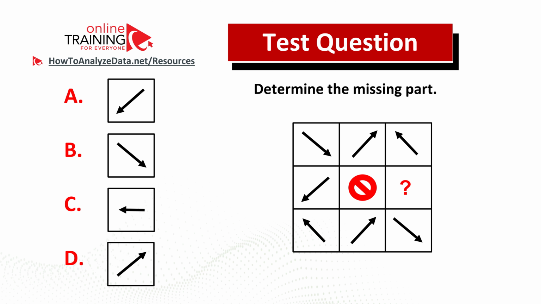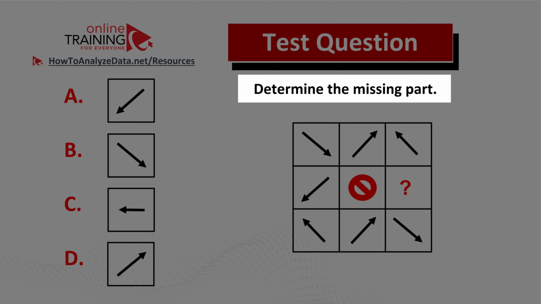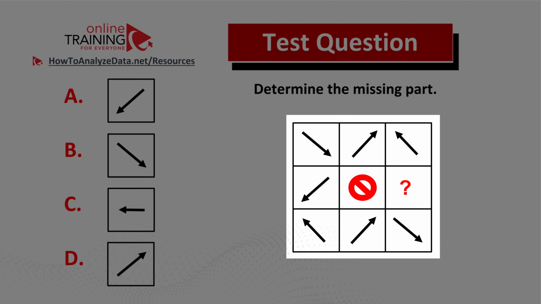Some of you might find this question tricky, but regardless of whether you can solve it or not on your own, you will be excited to learn the solution to this real-life assessment test question. Here's the question. Determine the missing part. And you're presented with the 3x3 square, which has arrows pointing in different directions. In the middle of the square, you have the X sign, and one of the squares is missing the arrow. And you have 4 different